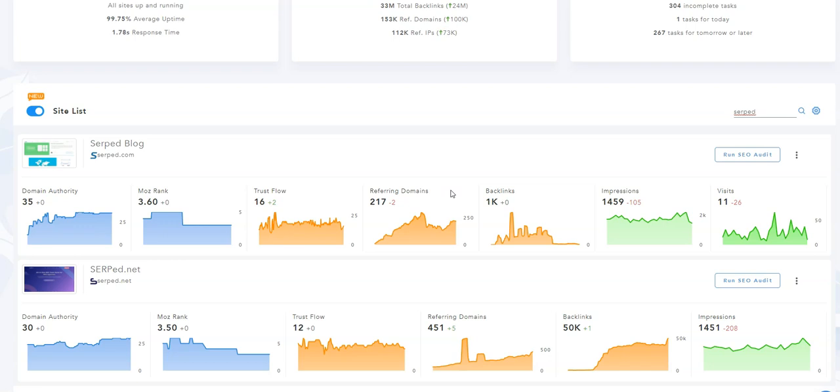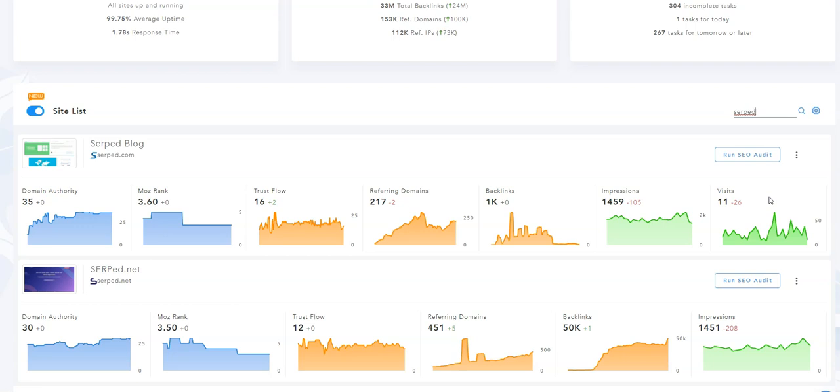If you have connected to Google Search Console inside Site Manager, you can also see impressions over time. Just to confirm, this data comes from Google Search Console. If you have connected to Google Analytics, you can see visits over time. As you would have guessed, this data comes from Google Analytics. So quite different from the simple table view, as you saw earlier.